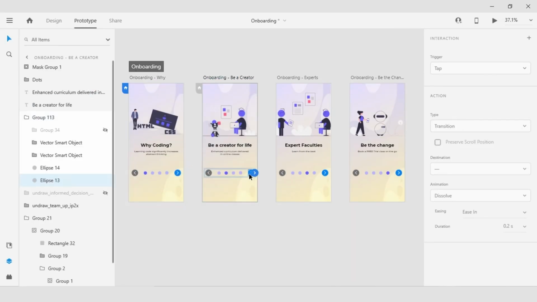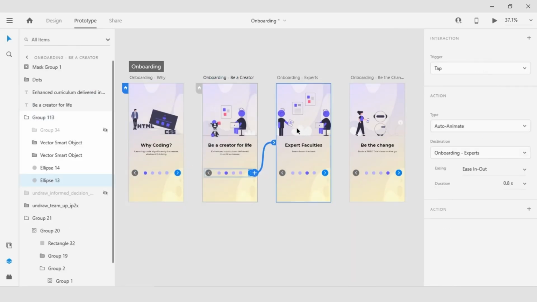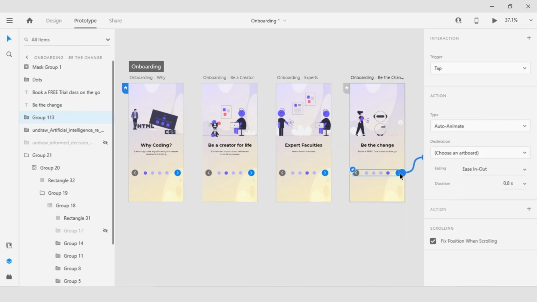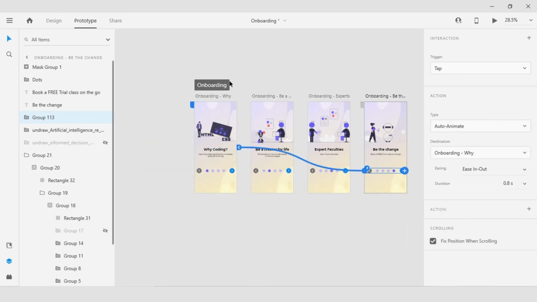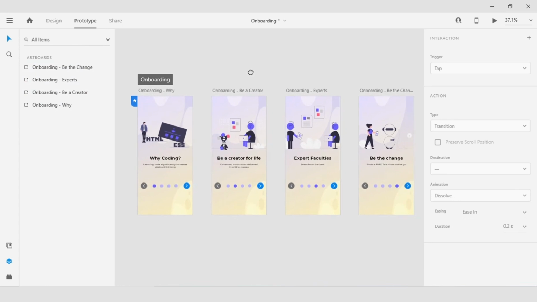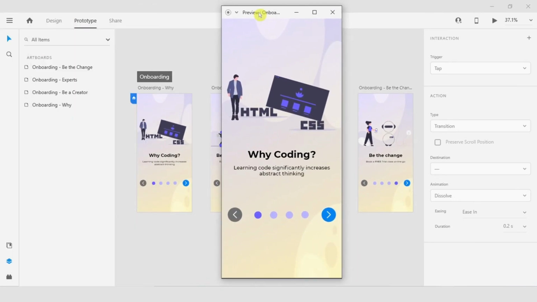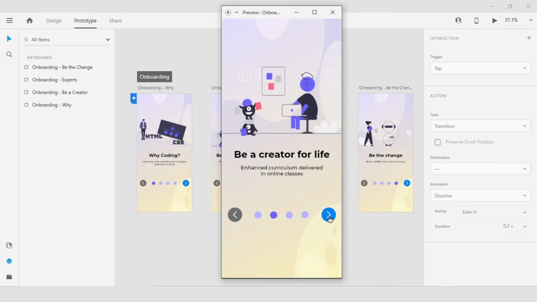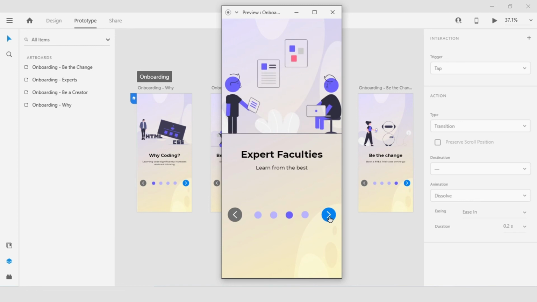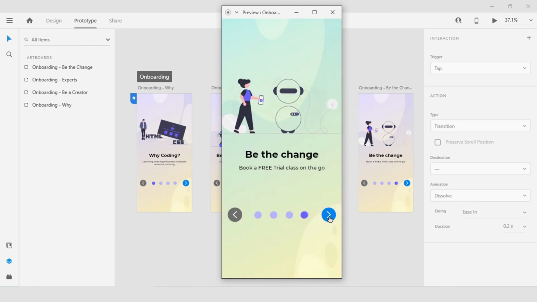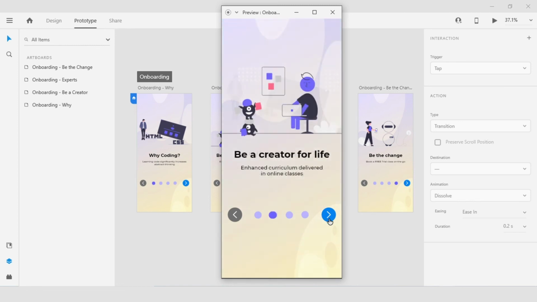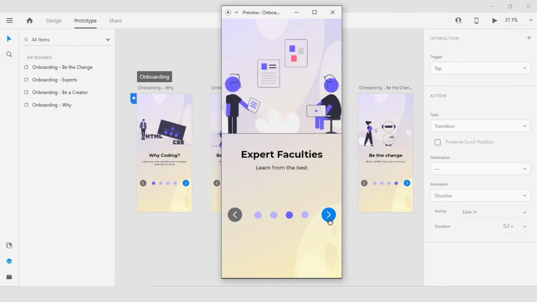I can then wire up the button on the second artboard to the third. Now let's go to the preview. Clicking on the next button will kick off the transition and reveal our animation. Because of how our layers are set up, we are left with a fun looking animation on our indicator. And there you go, we have a simple but fun interaction you can add to your onboarding flows.